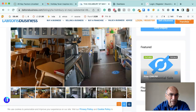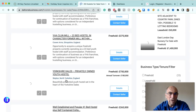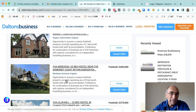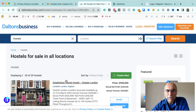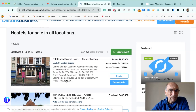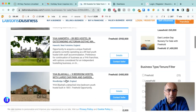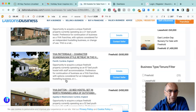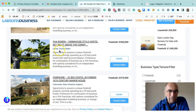and how much money would you have to spend in order to justify the investment that you're making? How will you recover that investment? If you continue its use as a hostel, you're going to have to find some sort of higher value use. So, all right, we've started to look at these Youth Hostel Association buildings. There are a lot of them, I think scores of them for sale all across the country. I'm not seeing a massive opportunity here,